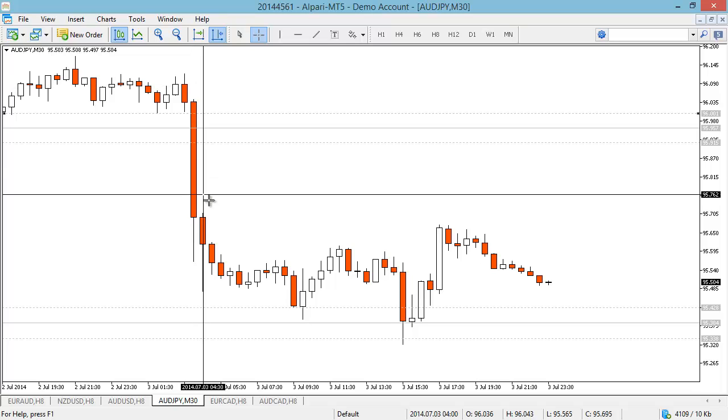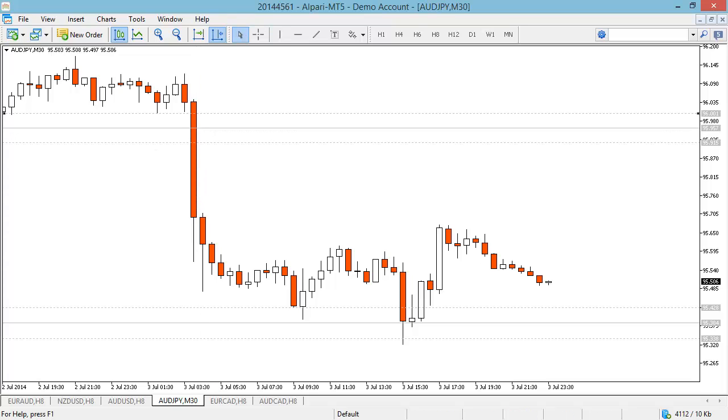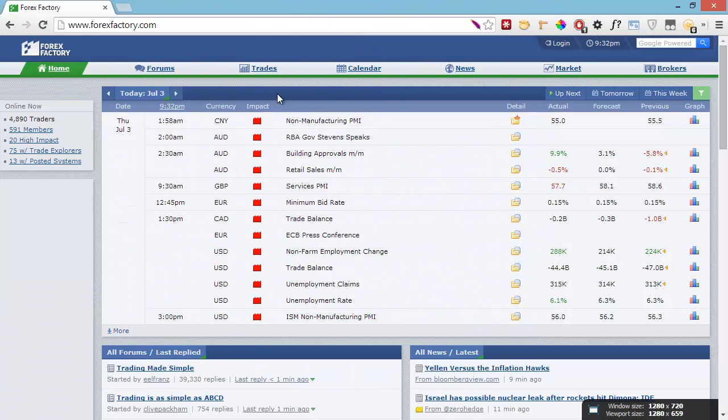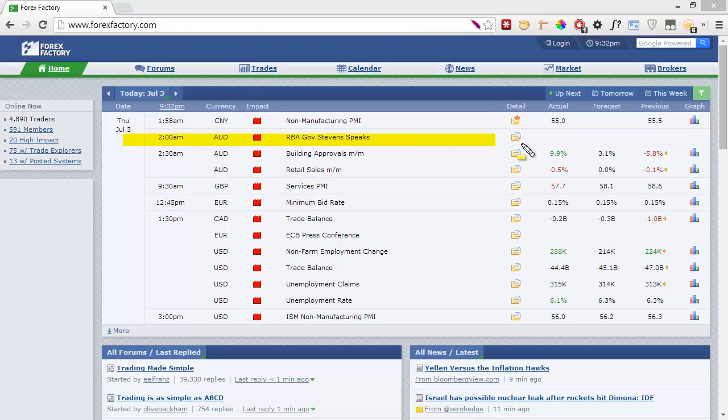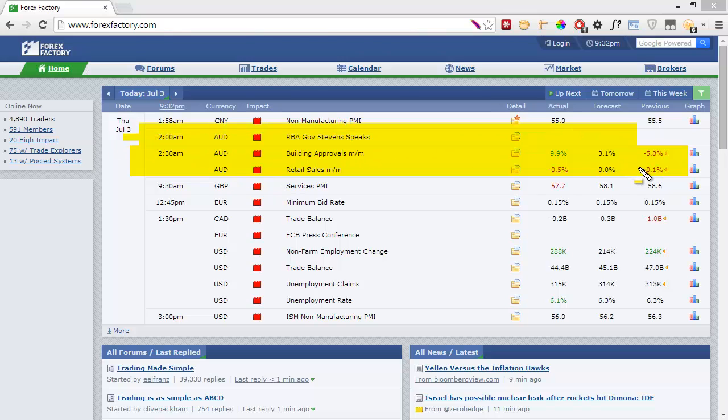All right, this was RBA Governor Stevens speaking. So most people trading my strategy know that when you have reports like this, speeches are bad and stuff like that, that you need to be very careful. You need to tighten your stop losses. So